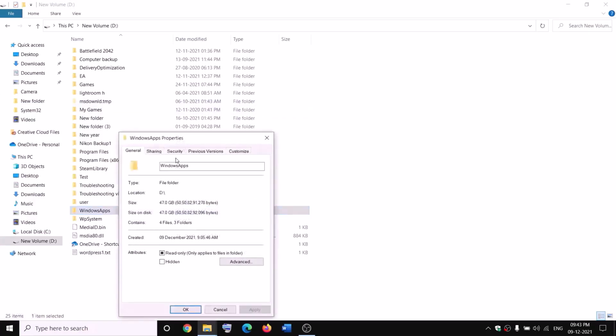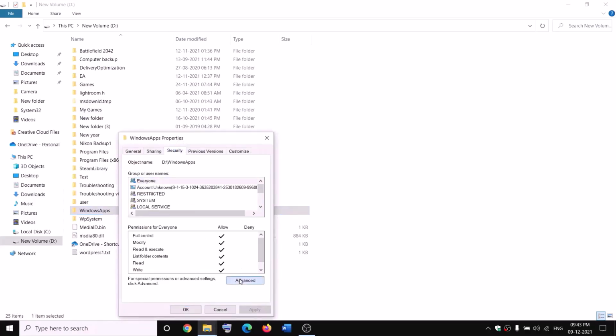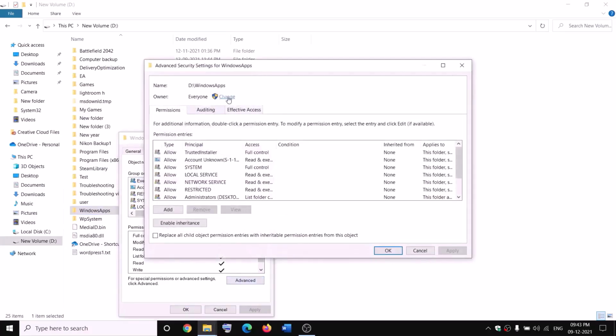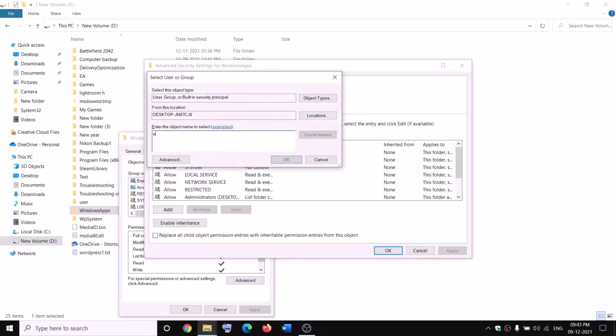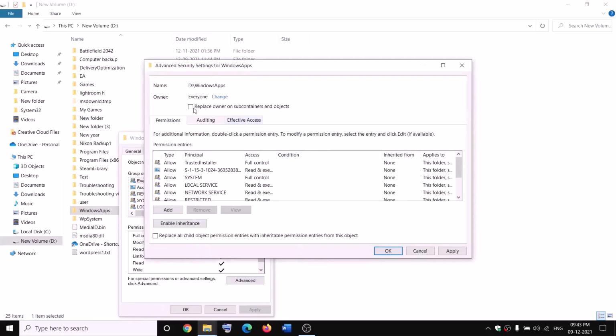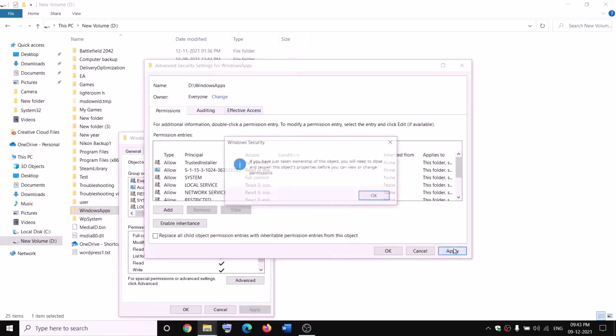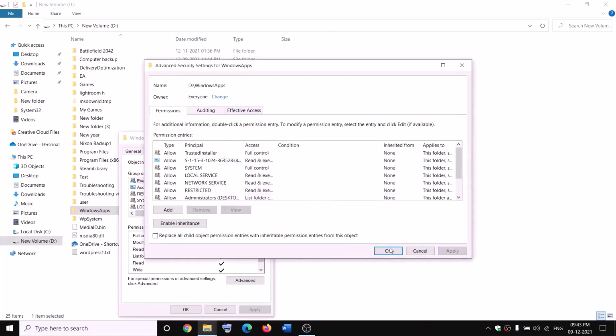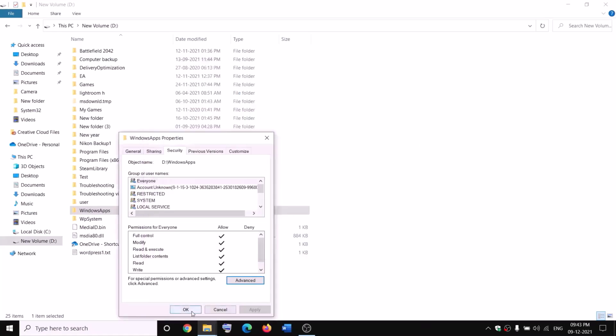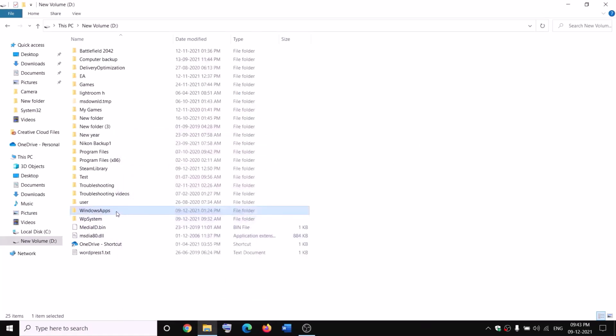Properties, go to the Security tab, Advanced. Now click on Change over here, type in Everyone in the box. Now click on Check Names, then click on OK. Now put a check on the box which says Replace owner on subcontainers and objects and then click on Apply. OK, OK, again OK. Again make a right click on Windows Apps,